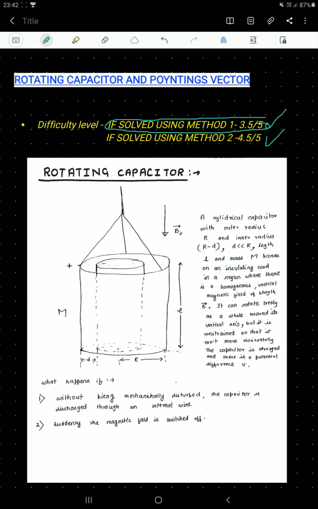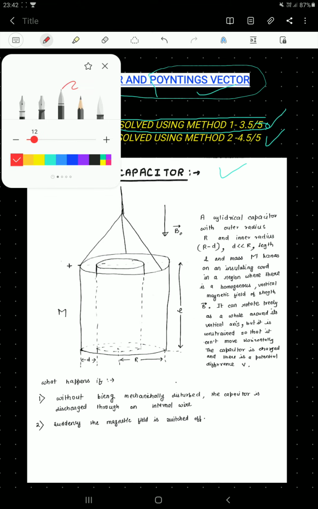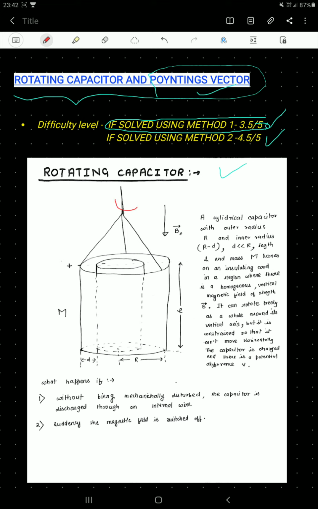Okay, so here in method 1, first let us consider the question. The title of the problem is rotating capacitor and Poynting's vector. So this is the second part of the video and it is completely for Olympiad and not for JEE. But the first part of the video will be relevant to JEE. So here rotating capacitor, what is the meaning of rotating capacitor? A capacitor, here you can just take it as a torsion. Here it can rotate about the axis as a whole, as a system, means this cylinder and this cylinder we have to consider. Both of the cylinders can move with the similar omega about the axis.